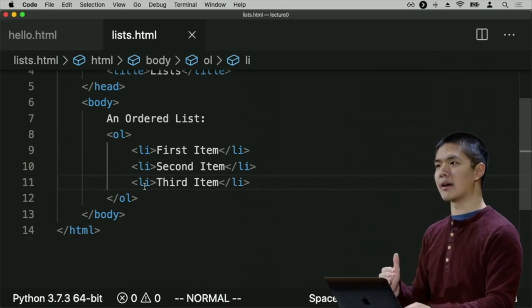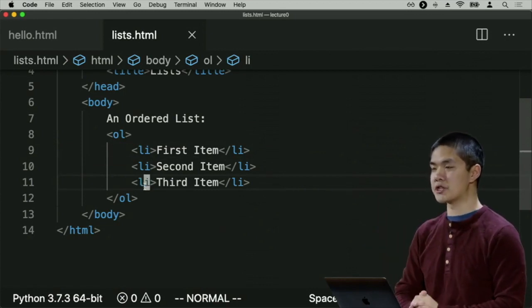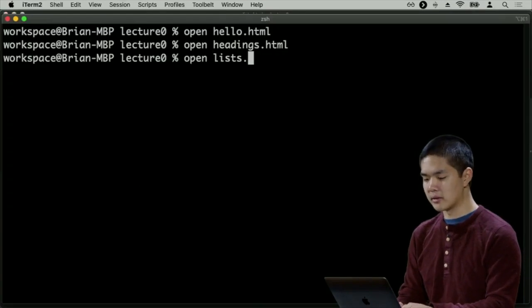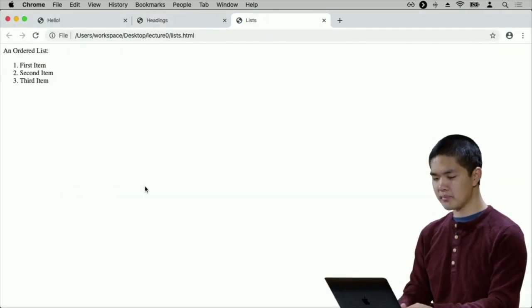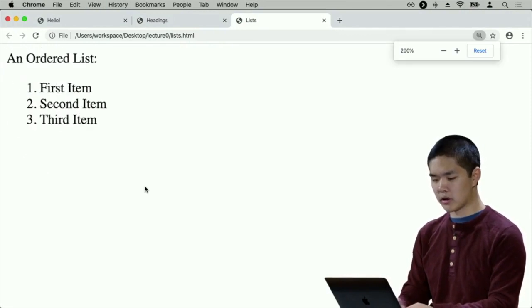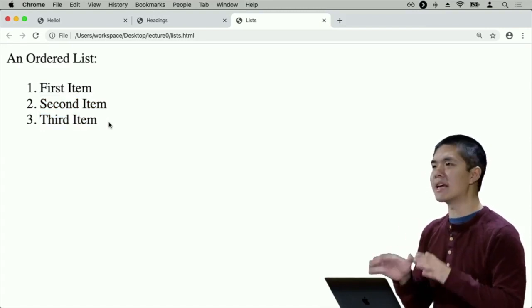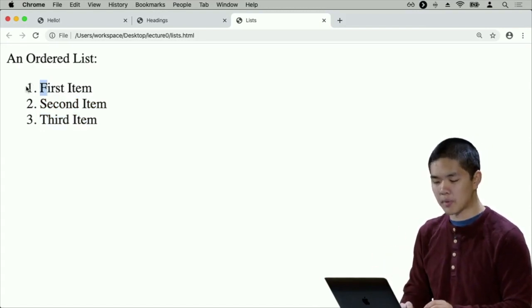of the individual items that are inside of my HTML list. I can now open this up by opening lists.html, and this is what I see. I see an ordered list where I have item number 1, first item, second item, third item. Note that I didn't actually need to, in the HTML anywhere, specify the number 1, the number 2, and the